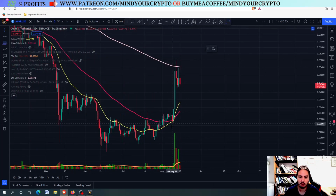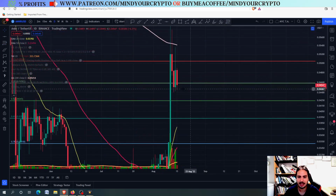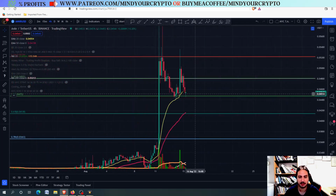I will draw a fib from the bottom right here before we had the impulsive wave to the top, and you can see that in the logarithmic scale we have closed below this line. In the regular scale right here, we are holding the 0.5 strongly. The 0.5 Fibonacci retracement is a very huge